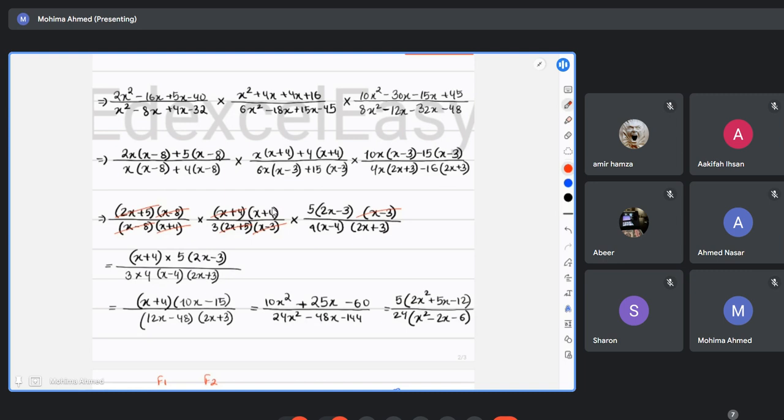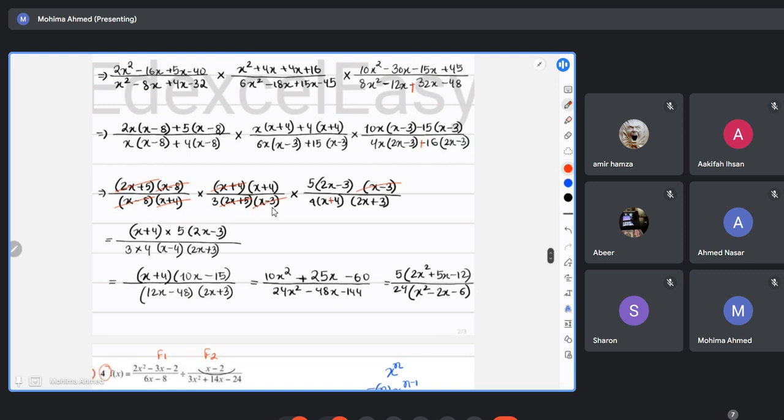Before that, I can actually erase it over here. For example, this is supposed to be positive. In that case, this 2x minus 3, 2x minus 3 actually becomes negative. And this one then becomes positive. If that is positive, this is positive, and this part is negative. In that case,